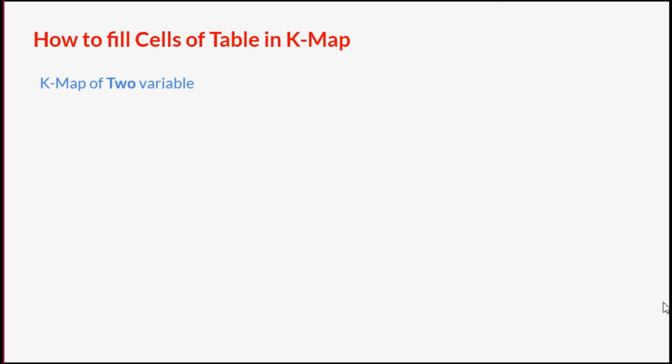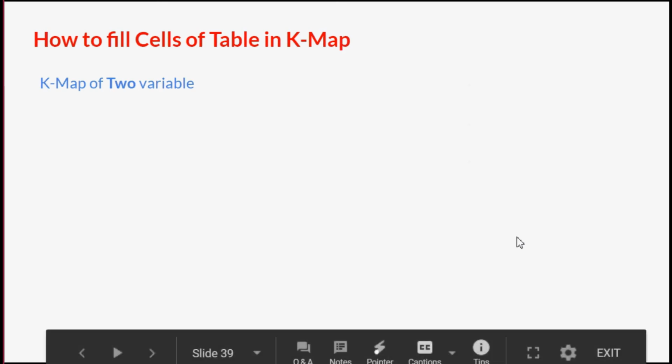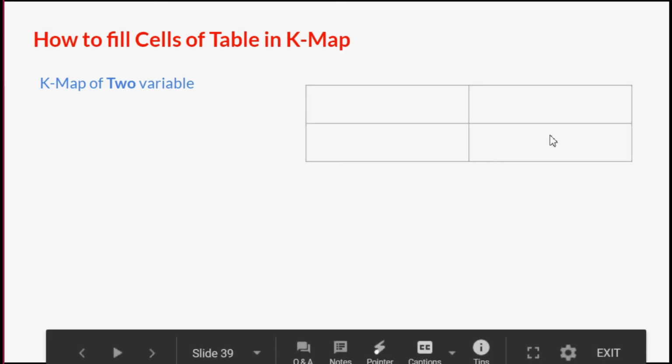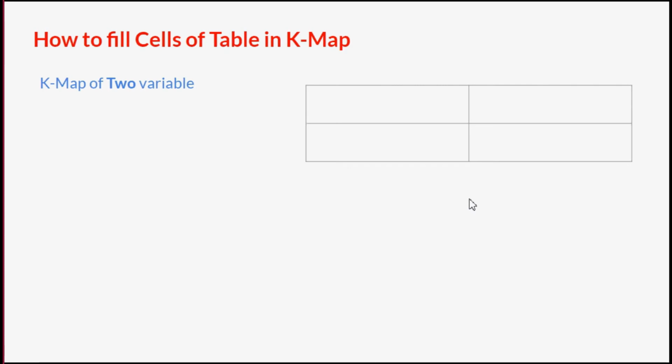Now how many cells are going to be in my table? That is 2 raised to power 2. Since there are 2 variables, 2 raised to power 2, total of 4. So my table is going to have a total of 4 cells. Since I have only 2 variables, I am going to have 2 rows and 2 columns. Both are going to represent a single entity. Here I am going to represent A and here I am going to represent B. I have taken A, B, but you can take X, Y, P, Q, that is entirely your choice. That doesn't make any difference because the variable can be given any name.